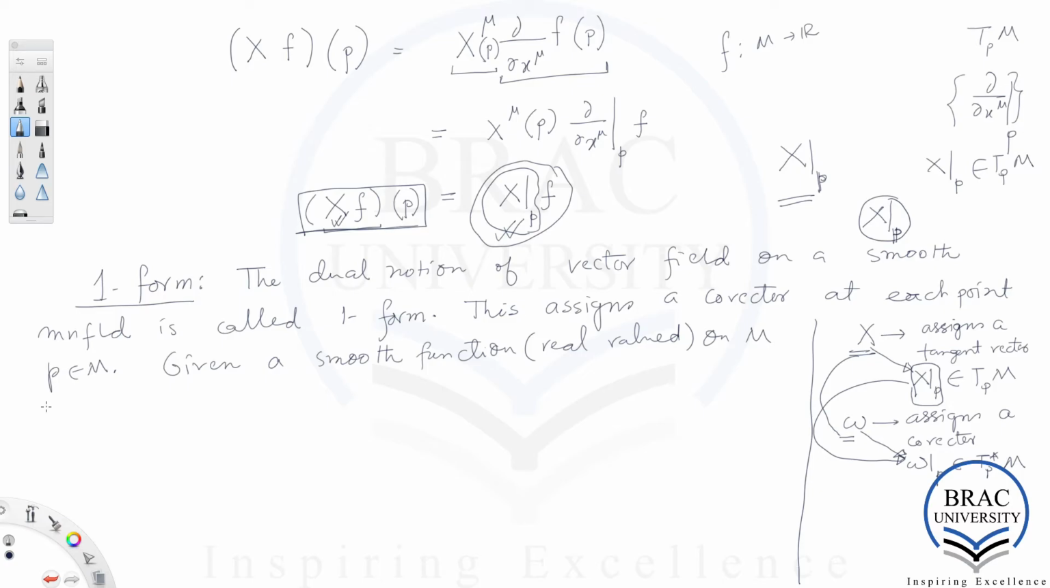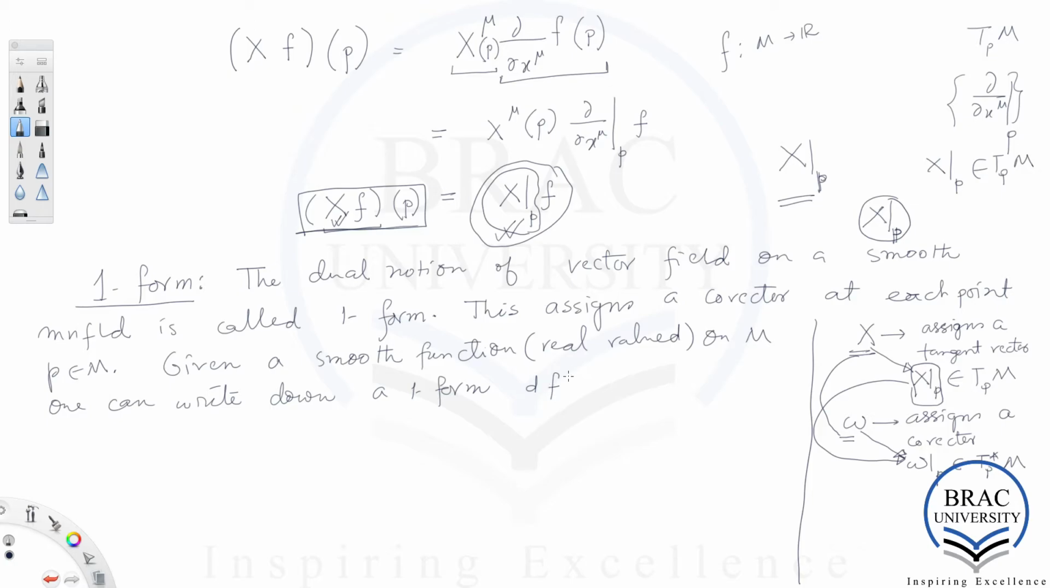So in the literature it's called a germ, which is a local concept of a function on the manifold. Okay, one can write down a one form. So given a smooth real valued function on M, one can write down a one form